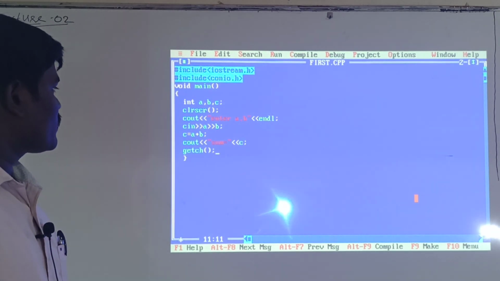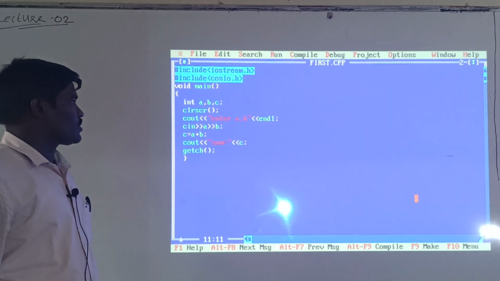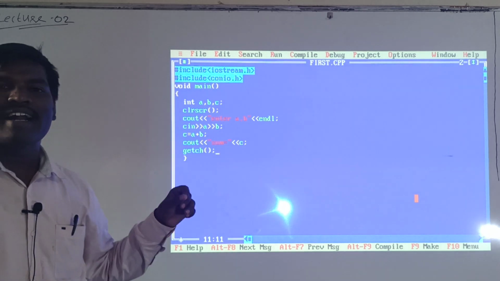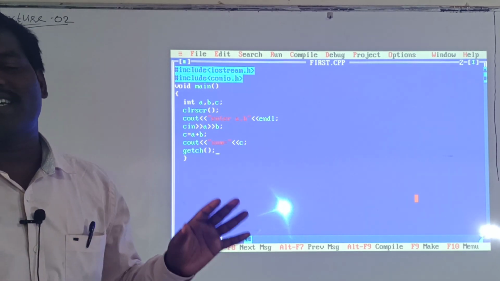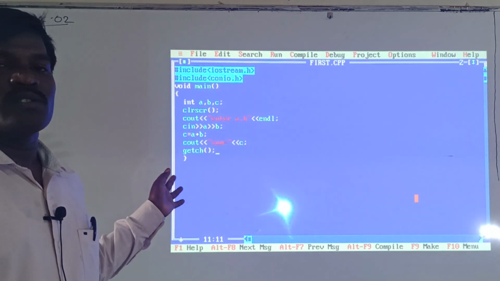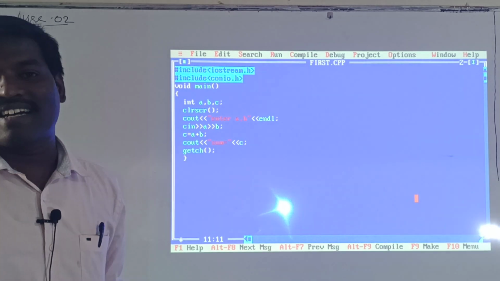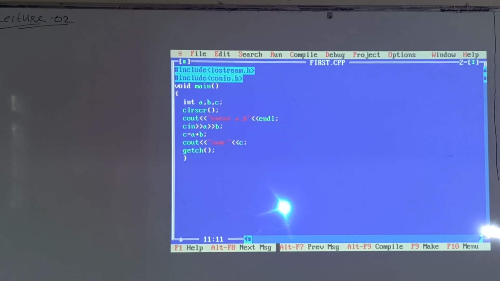It is better in every program to use clrscr and getch for execution purpose. It is not compulsory. I already told why we have to include clrscr and getch. Okay, next.